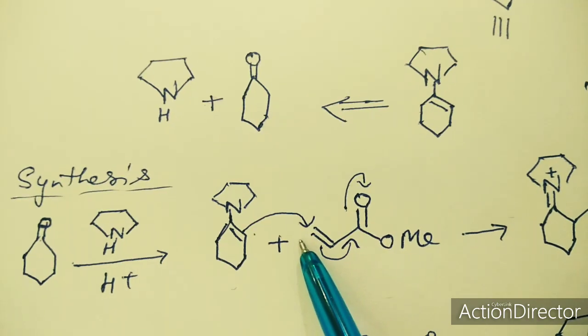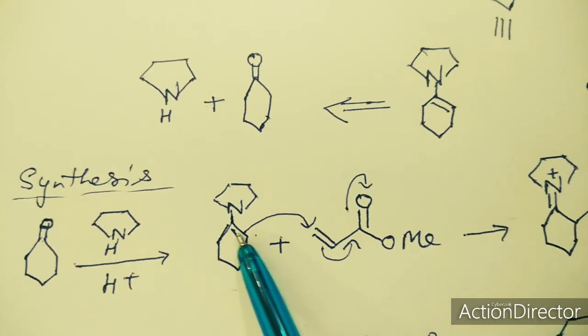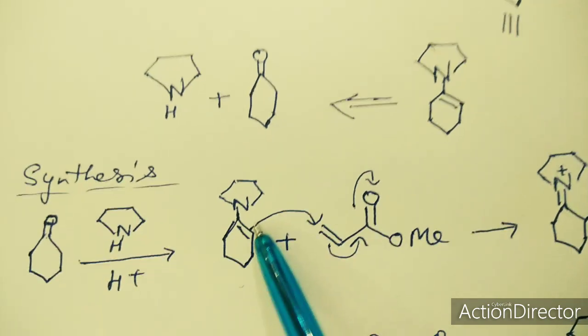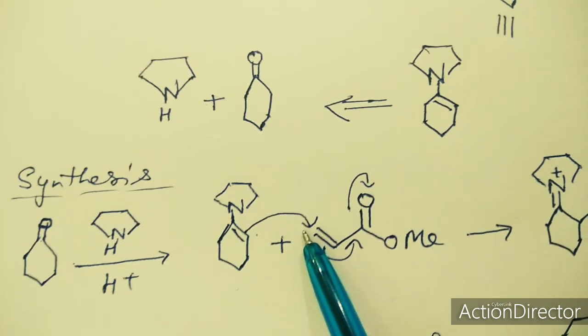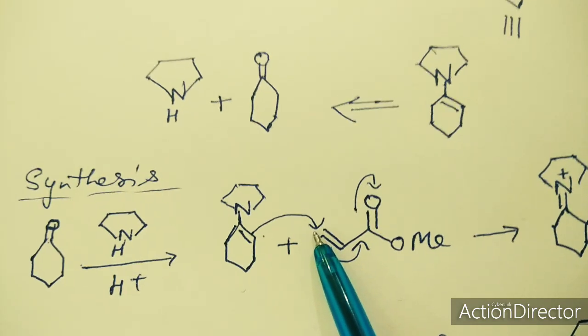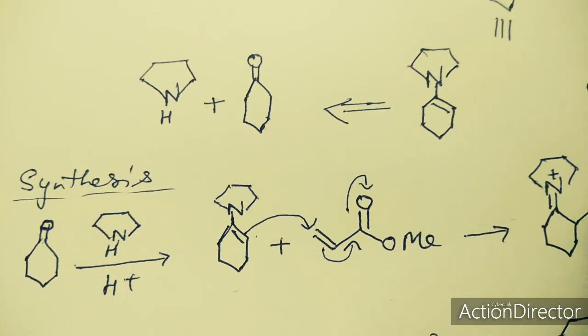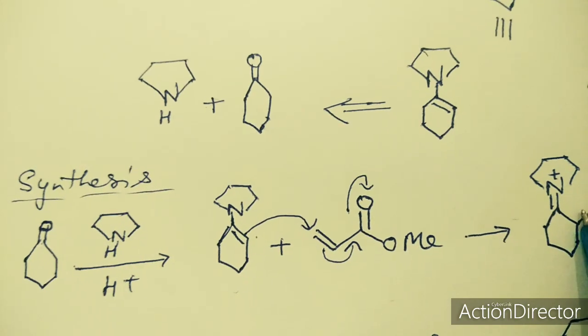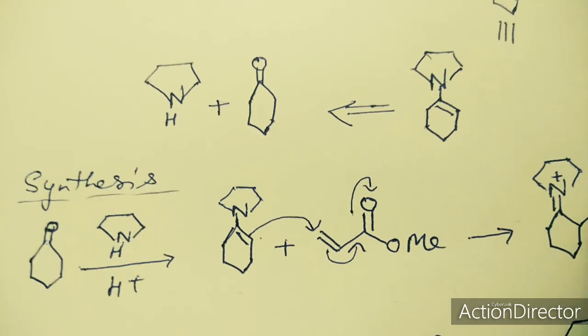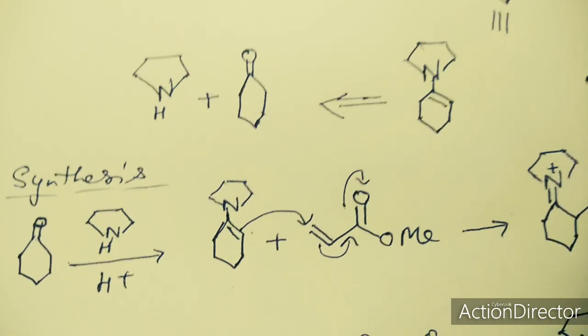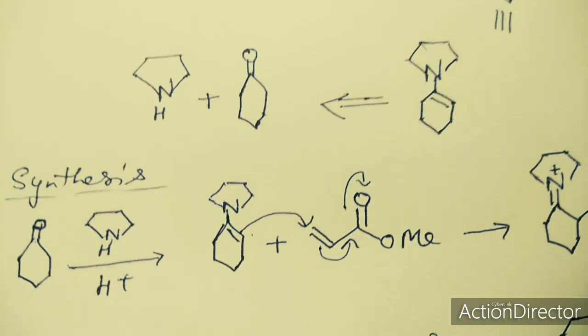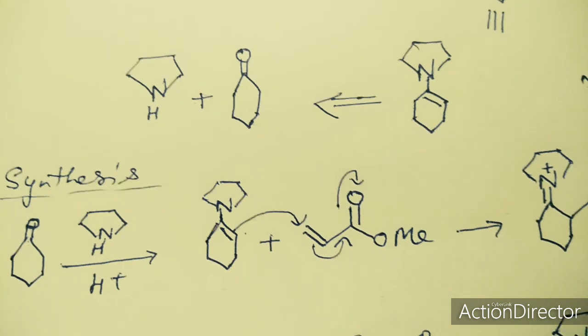One is the Michael acceptor, this is the Michael donor. These electron pairs will come here. These will accept these electron pairs. As a result of this, a carbon-carbon bond is easily formed. And as a consequence of this, once this comes back, hydrogen, H positive, will add here, and we will